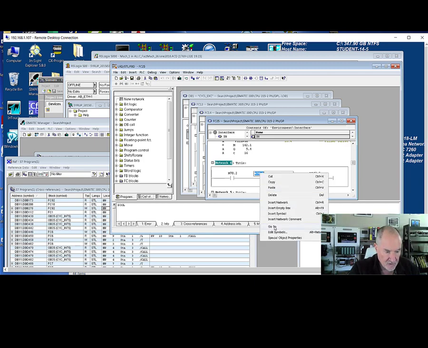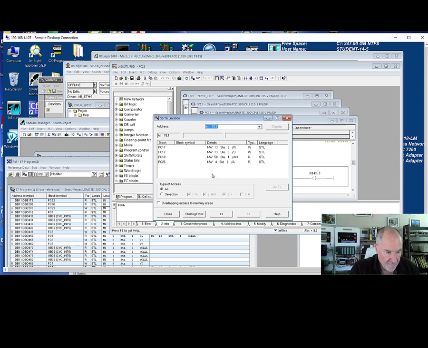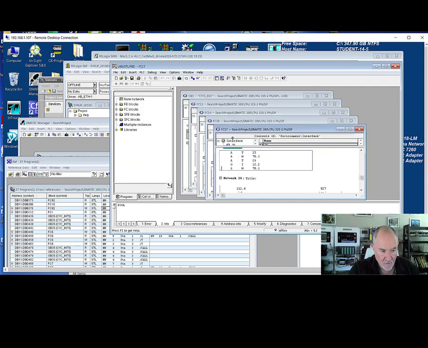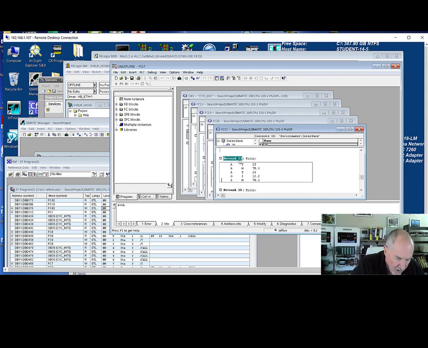I'll say go to M70.1, and once again I find 2 write commands, right? These are, for those of you who do Allen-Bradley, called destructive bits. Rather than just reading the bit, they are writes, and this one sets it and this one resets it. Let's say I was expecting it to be set, so I'm going to go to it. We're in FC17 here. I write it down. I see FC17 network. Looks like there's the set. Network 13